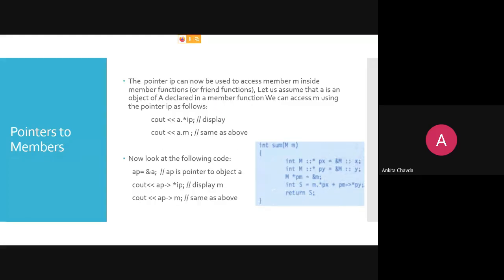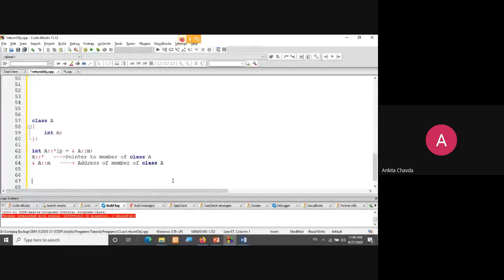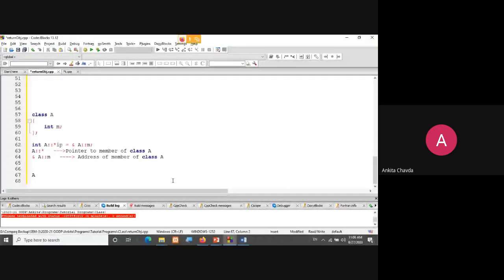Now how you can access it is the most important thing to understand, which you won't be able to read from the book. So how can you access this ip and M? Say suppose this is your pointer ip and this is your M. By creating the object, say suppose A small a.